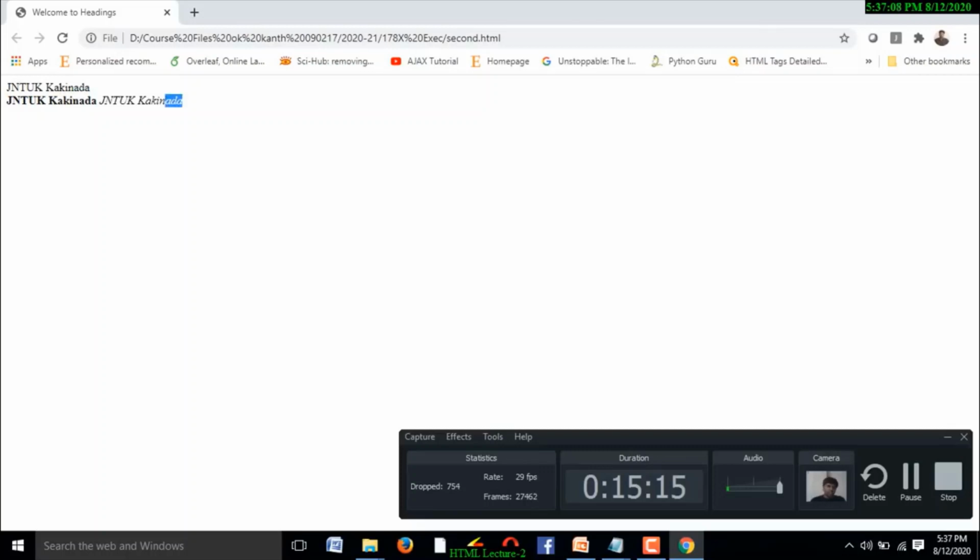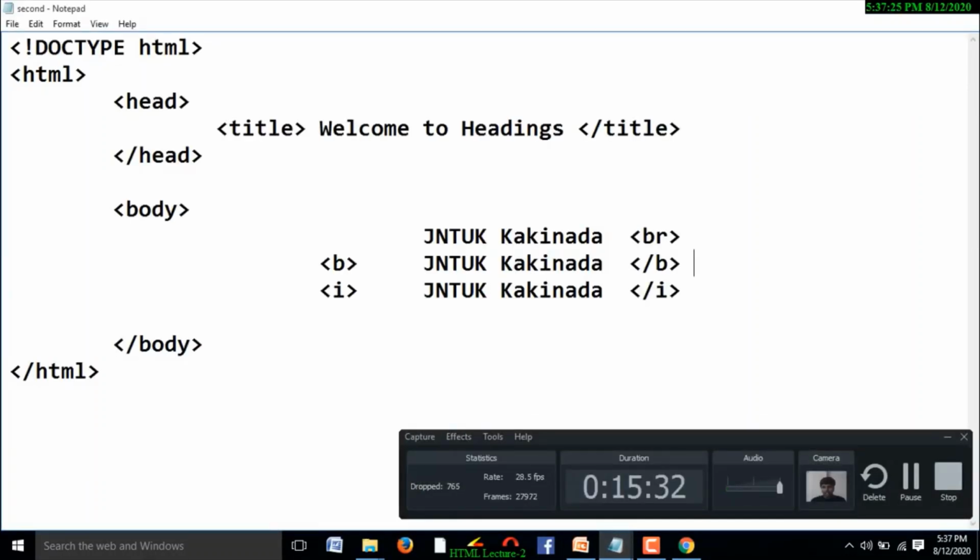Here we get JNTUK Kakinada in which font? Italic font. Did you observe the difference between normal font, bold font, italic font? And I am going to arrange this italic font in another row. So to get a row break, we are using the break row tag.